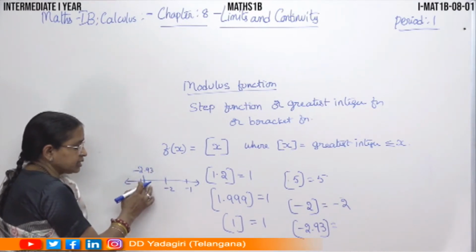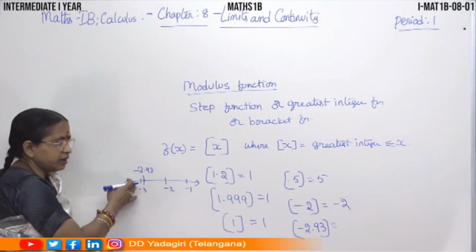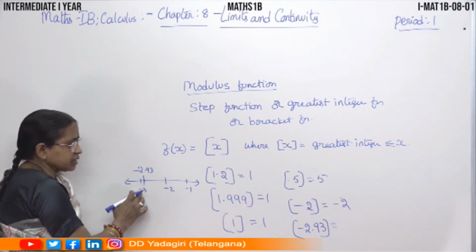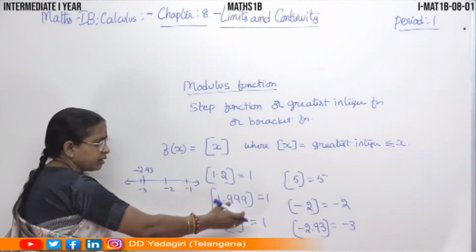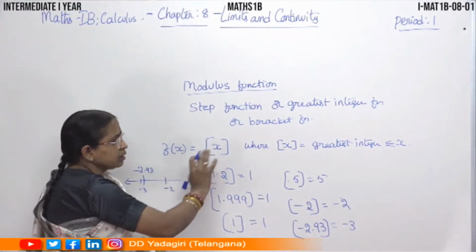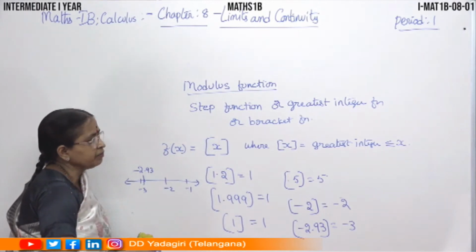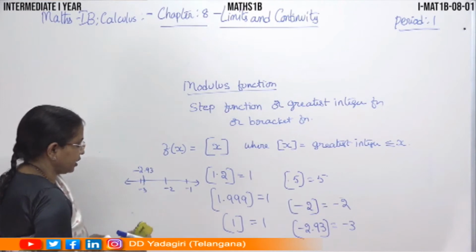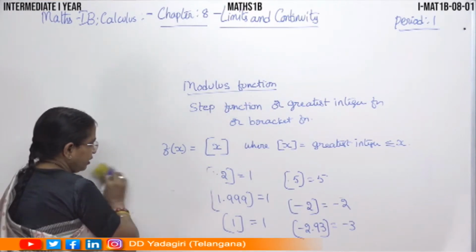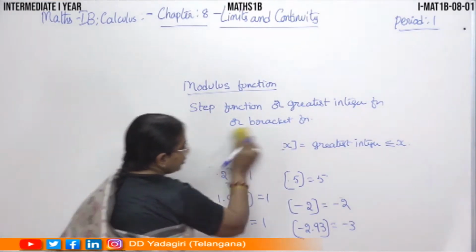So what is the greatest integer less than this number? Less than this number is minus 3. So I should write minus 3. You can think like this and then write the value. So this is how the greatest integer function, or step function, is defined. Now we'll learn about these